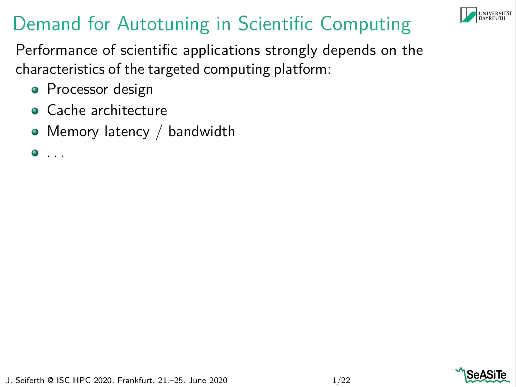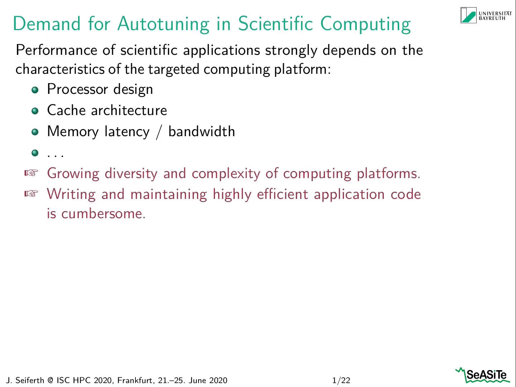Why is there a demand to autotune scientific applications such as the parallel explicit ODE methods? In general, the performance of scientific applications strongly depends on the characteristics of the targeted computing platform. This includes, for example, different processor designs, different cache architectures, and different memory latencies and memory bandwidths. As these characteristics can vary greatly between platforms, a once highly performant code version might be less performant on a